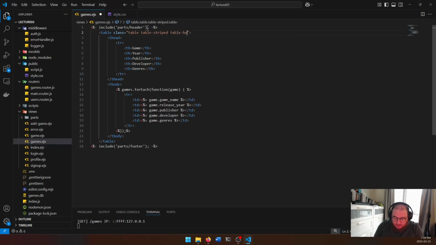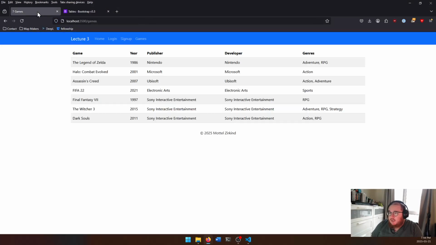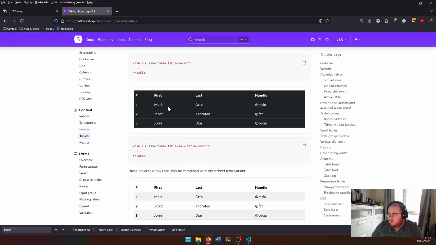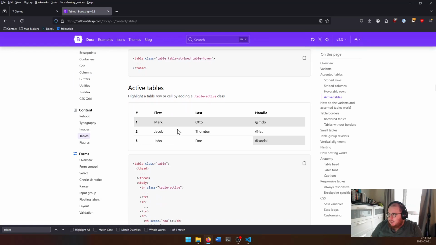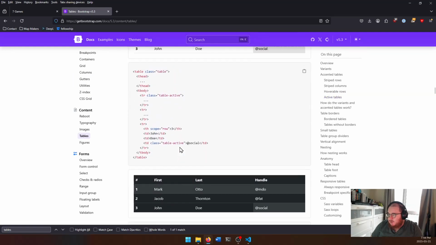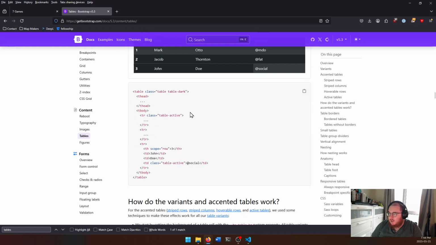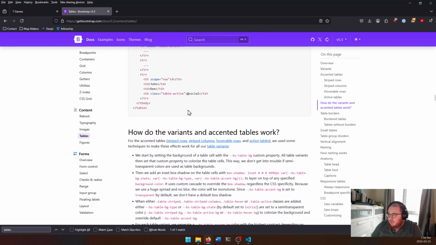Table-hover. Now if we refresh, and we hover over a specific element, we can't really click it. That's a separate issue, right? We might want to make them clickable, but we can at least let users hover over them so they can more clearly see what's going on with the given table if they want to focus in on it. And I've got my table hover and my table striped, right? And we can even do this for table active, which is when a specific column or specific cell is active,